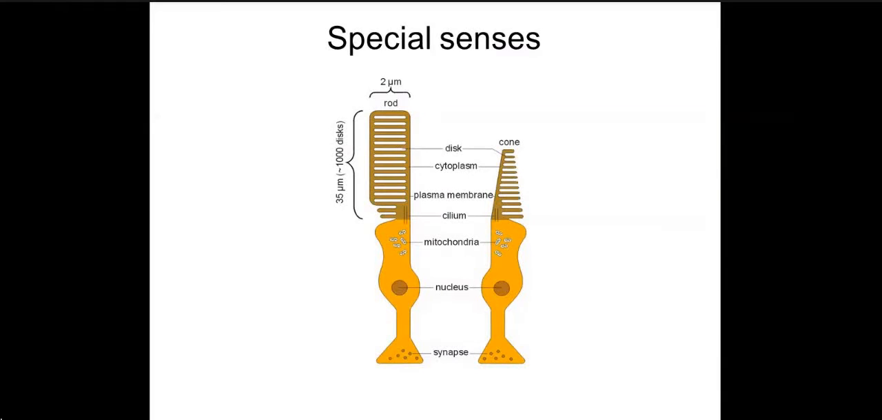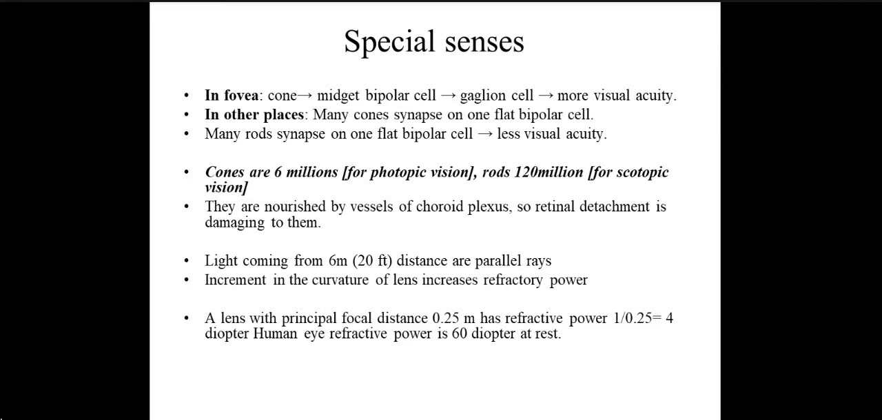Now here are the rod and cone cells. You see here the nucleus, mitochondria, and the stacks in the rod, and the cones are cone shaped. These are the cytoplasmic layer, plasma membrane, etc. This is the structure of the cell, one rod cell and one cone cell. A diagrammatic figure is given there. Now in the fovea, when the light falls on the fovea, because the fovea contains many cone cells,